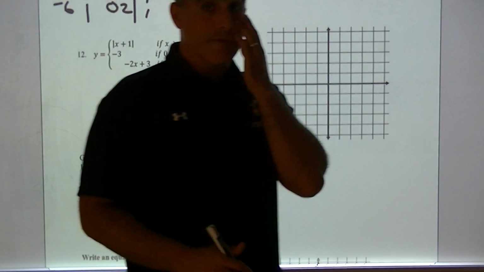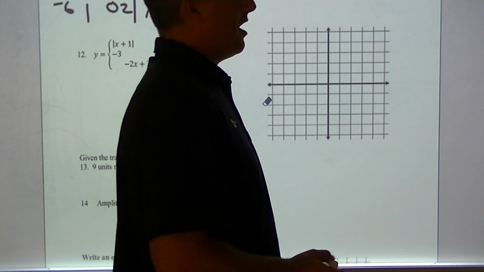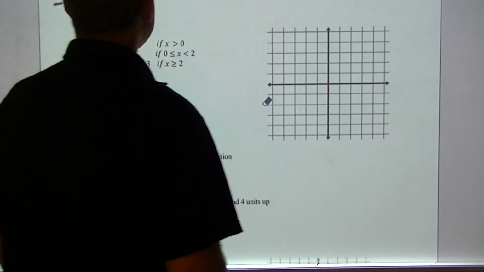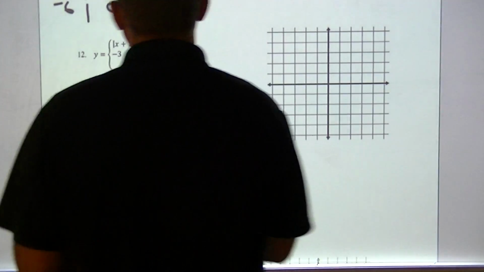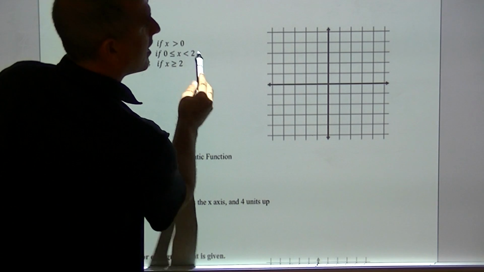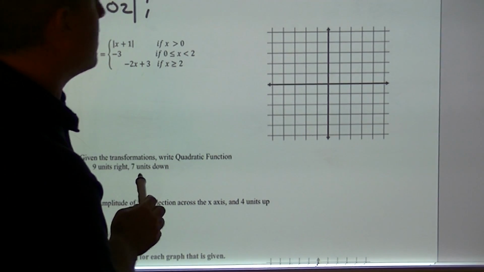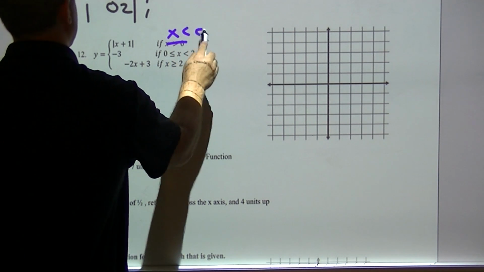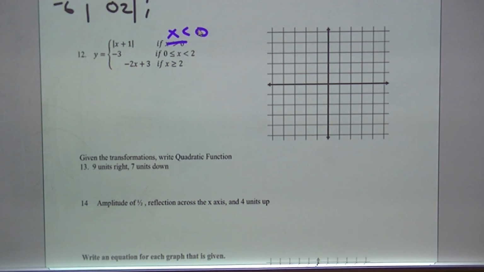Okay, this is going to be part 3 of this video, Unit 2 Sample Test Advanced Math. The big thing here for this problem, you have to make a change. I told you about this in class. This is going to become x is less than 0. So what's going to happen with our problem here is we're going to build the table